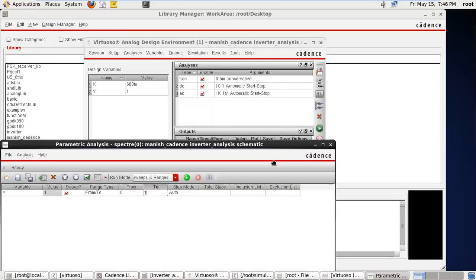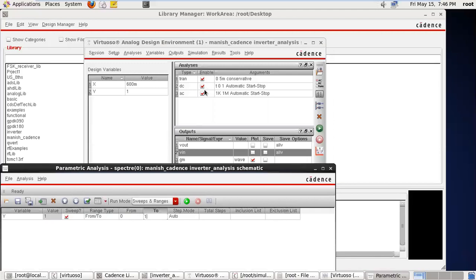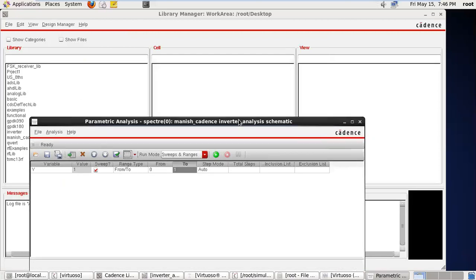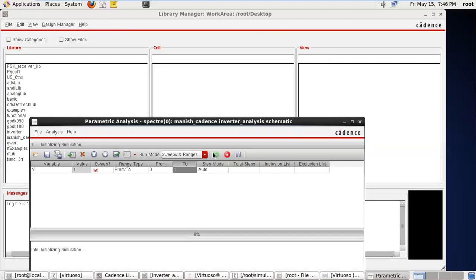Because we are interested only in DC, and suppose we are plotting only GM and CG. Okay, no problem. So we are varying VDD as the variable, range from 0 to 1, simulate it.